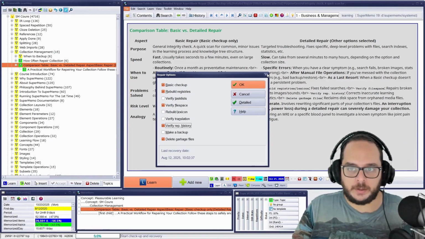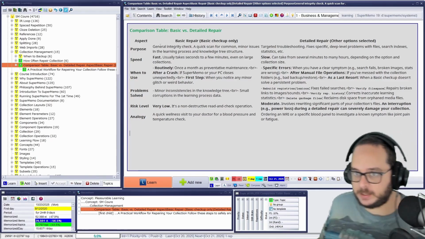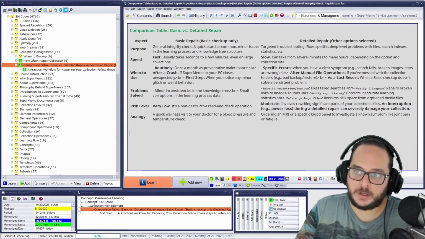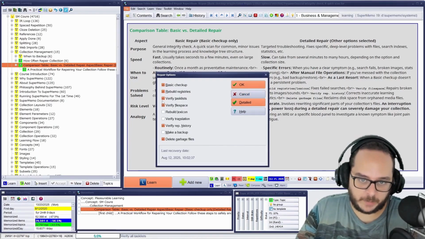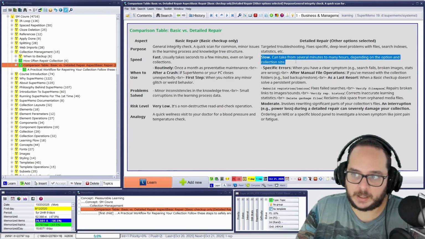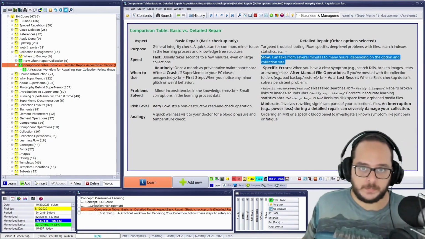Then we are not going to do every single thing it does, but globally. So the purpose of basic versus detailed. Remember all of those extra checkboxes. So the speed is slower, exactly. And in my collection, this means a few hours. Because I have,